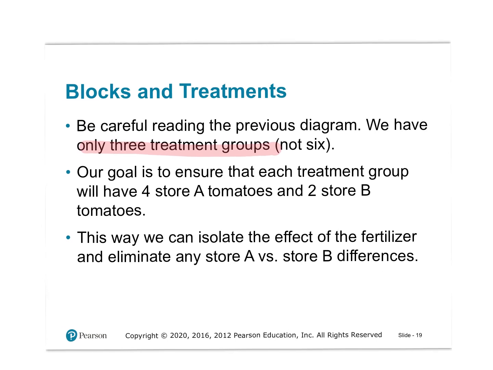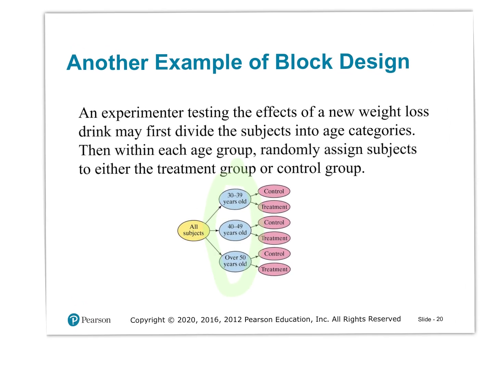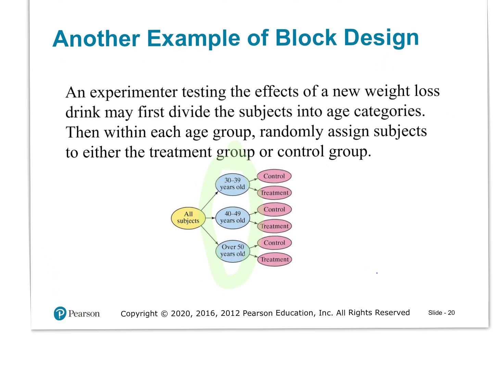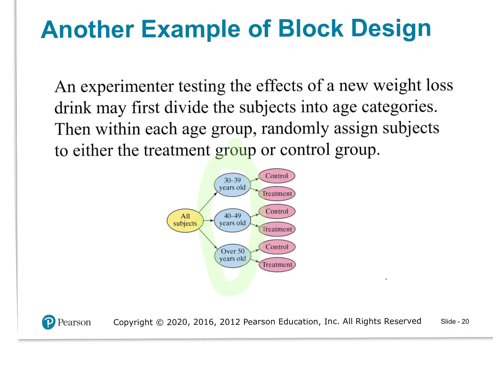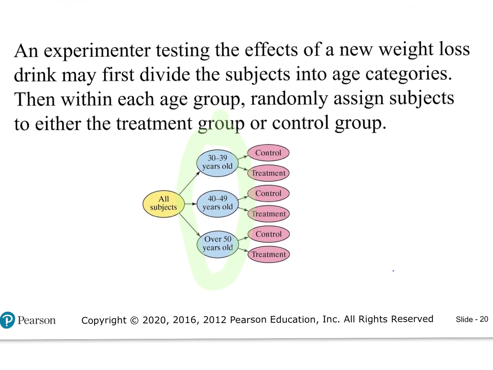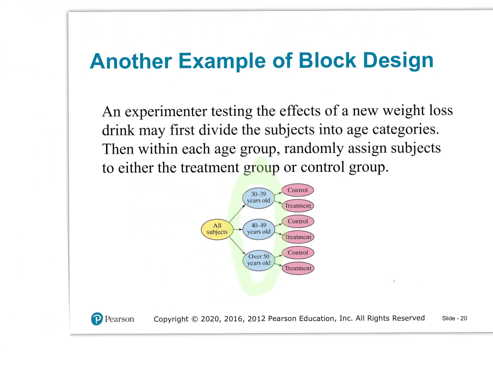So think about what you saw in that last slide. That was three different treatment groups. There was a placebo group, a half dose, and a full dose. So you've got to think about different treatment groups. This is another example of a block design. If you're breaking it up by years or whatever, then within each group of the age difference, you're going to randomly assign some to a control and some to the treatment. So that's another visual way of thinking about a block design.